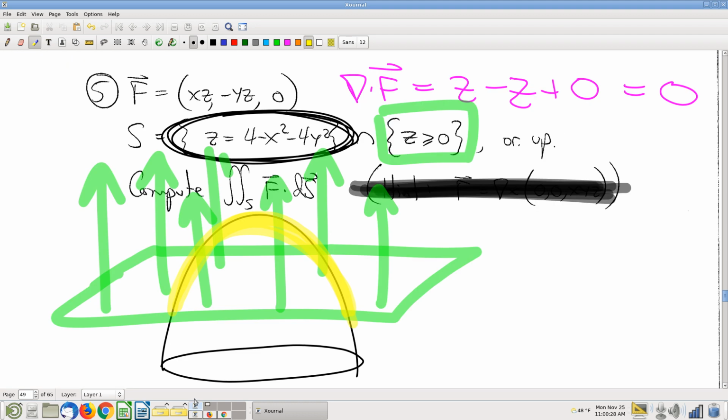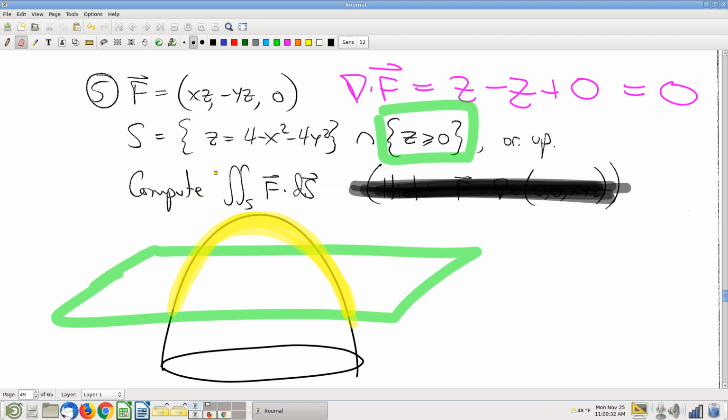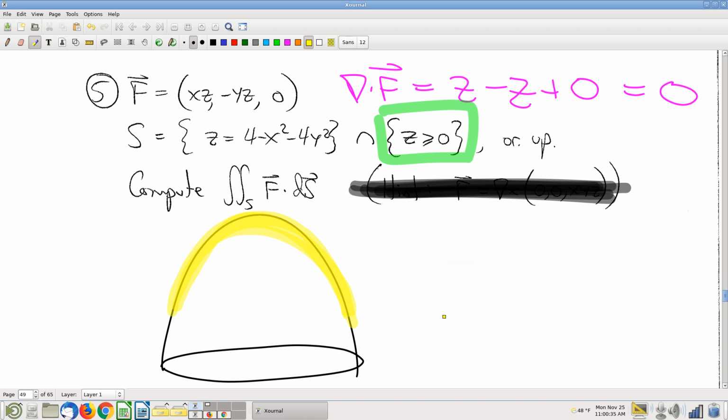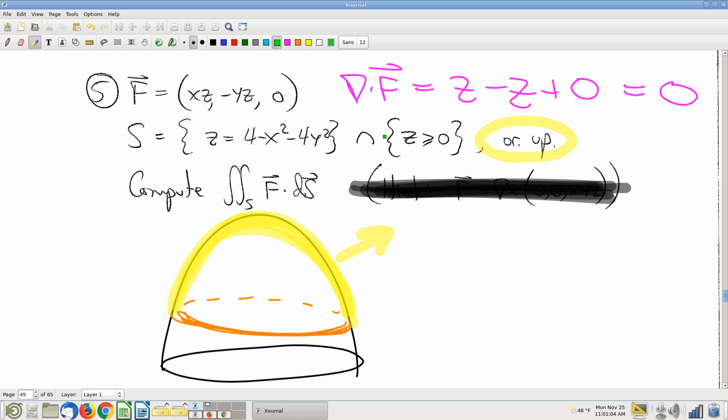So going back to the picture, here's our surface. And can I think of a surface that has the exact same boundary as our upside down bowl? Our upside down bowl has as its boundary this curve. Oh, let's think about orientations. Here we go. My original surface is oriented up, so that means that my new surface here, clearly I'm going to pick that one, oriented in the direction that gives me the same boundary orientation, which is